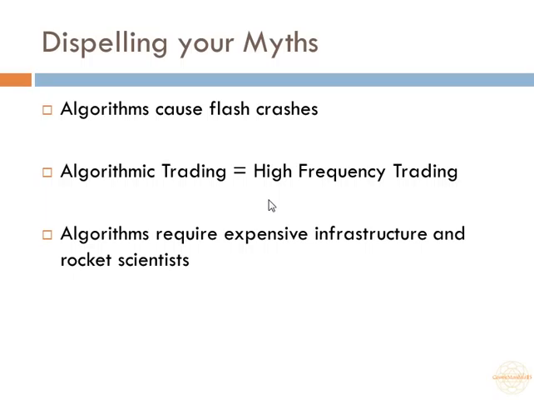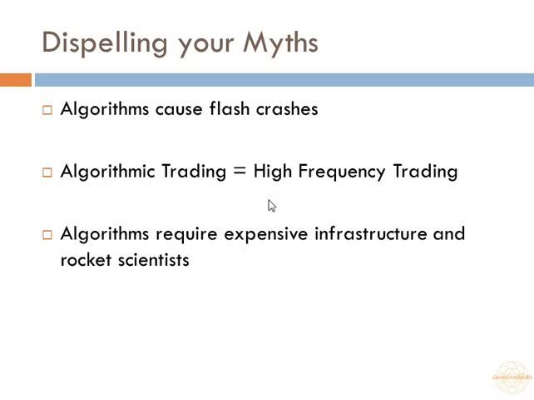The most common myths surrounding algo trading are the following. The first is algorithms cause flash crashes. Flash crashes are usually a very quick crash in a certain security or a set of securities or a benchmark index in the markets. This crash is almost always followed up by a return to the earlier levels or to comparable levels from where the market actually crashed. This is usually attributed to algorithms but is often caused by manual trading as well.